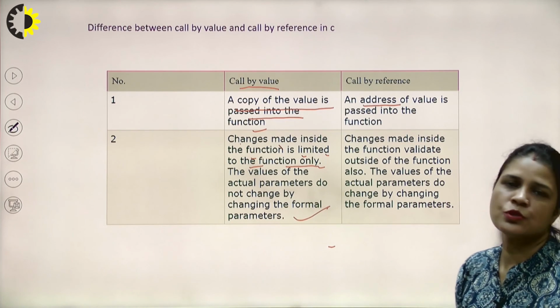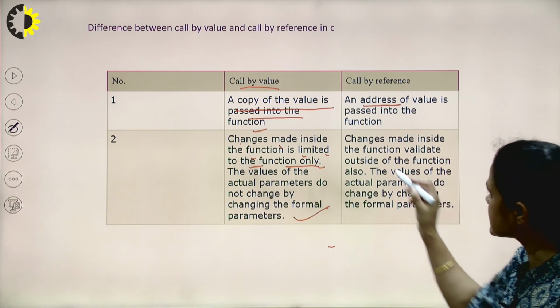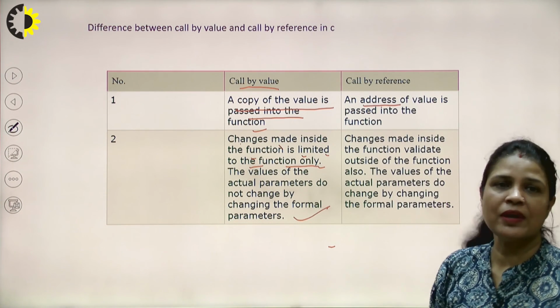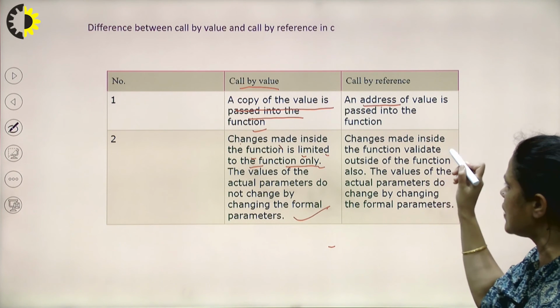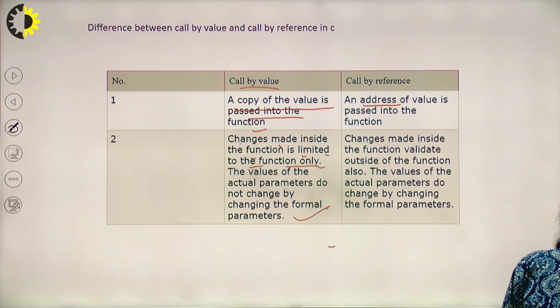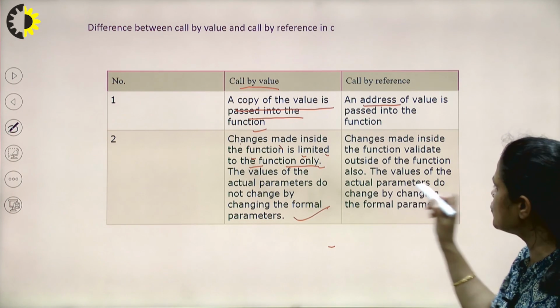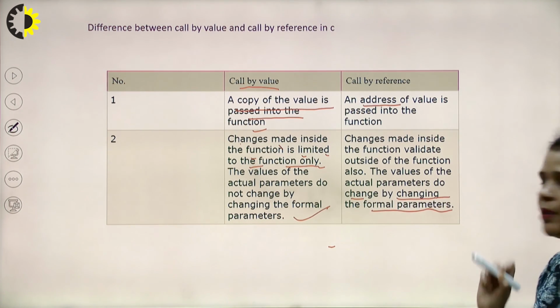This is the most important thing we need to understand when we are studying call by value and call by reference. At the time of call by reference, what is happening? Changes made inside the function are valid outside of the function also. The value of the actual parameters does change by changing the formal parameters.